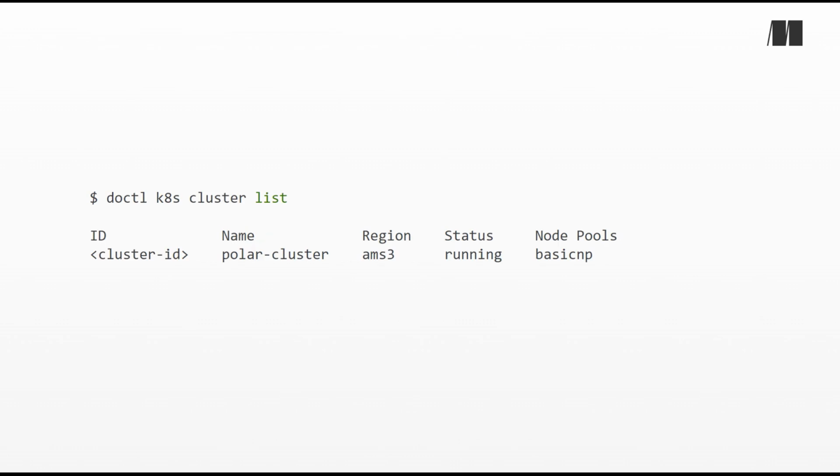The cluster provisioning will take a few minutes. In the end, it will print out the unique ID assigned to the cluster. Take note, since you'll need it later. You can fetch the cluster ID at any time by running the following command. I have filtered the results for the sake of clarity. See this code? At the end of the cluster provisioning, doctl will also configure the context for your Kubernetes CLI